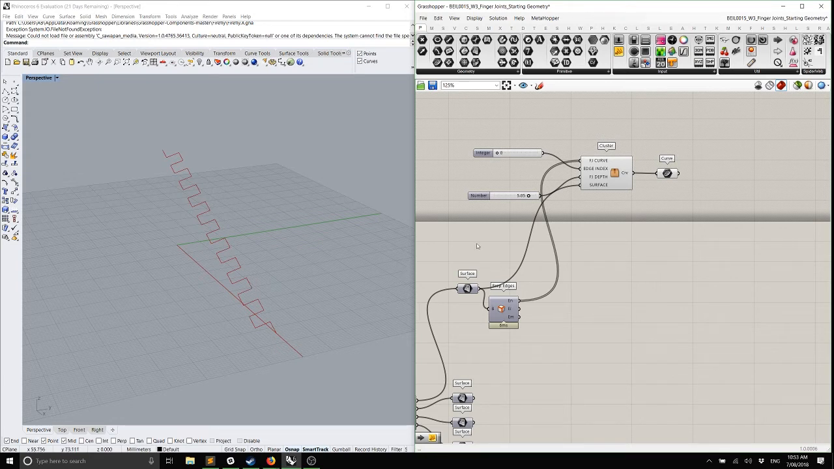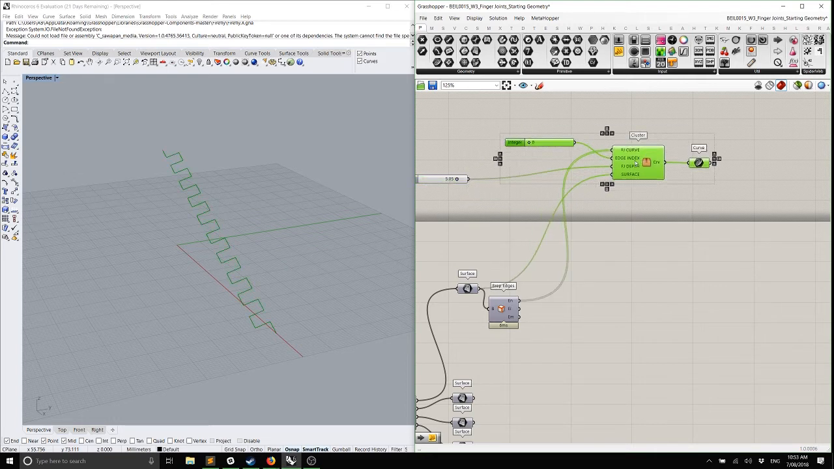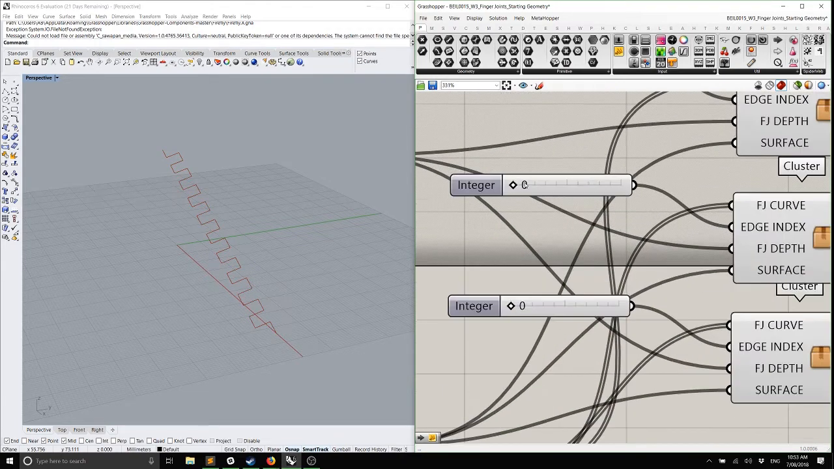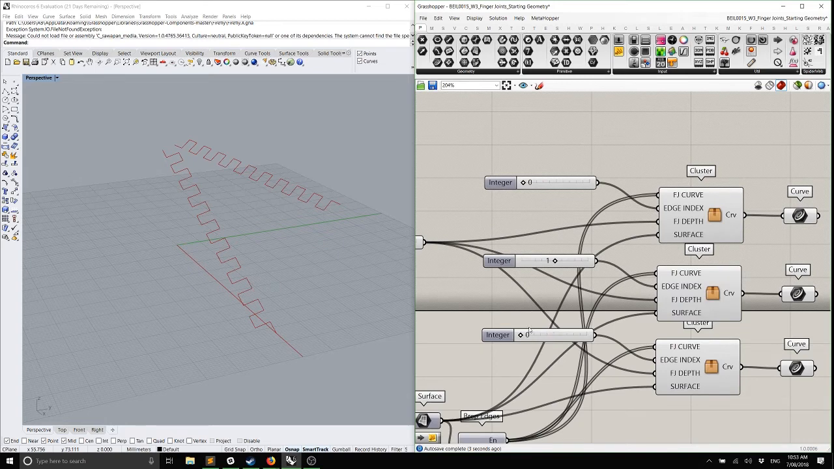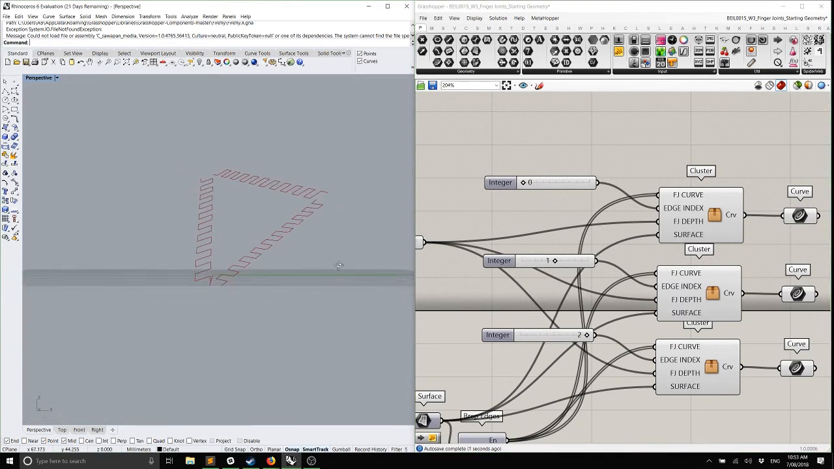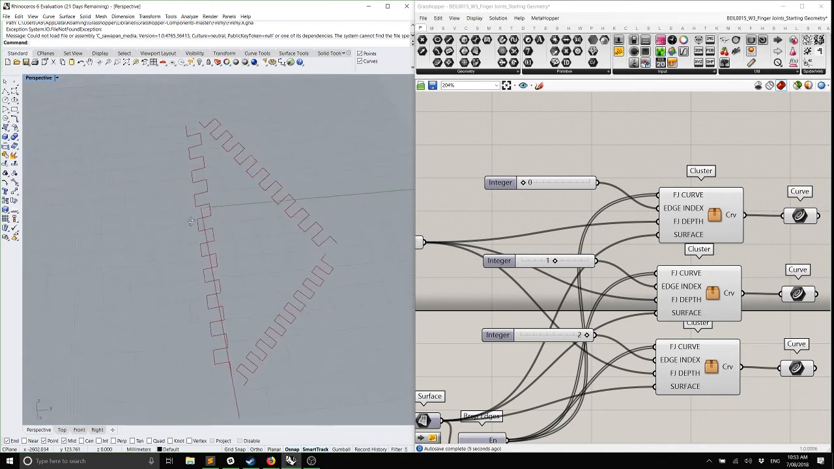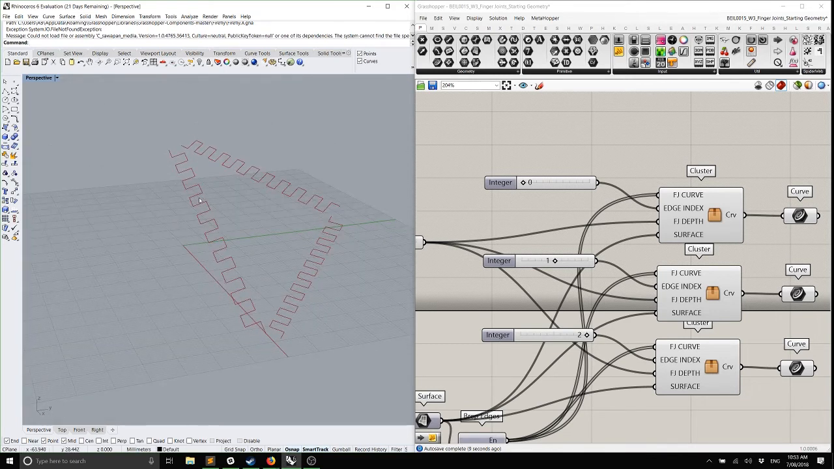Okay, so I'm going to copy this three times to work on the three separate edges. So I have edge 0, edge 1, and edge 2. And that gives me the three edges of the triangle. Now, if I were to take this straight to the laser cutter, it wouldn't work, right? Because by finger jointing,